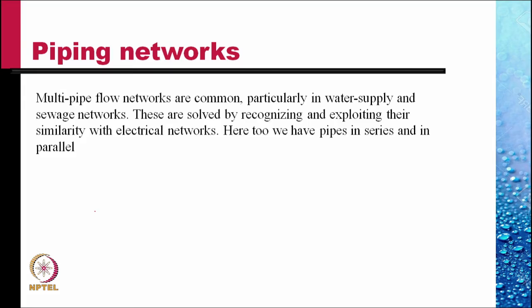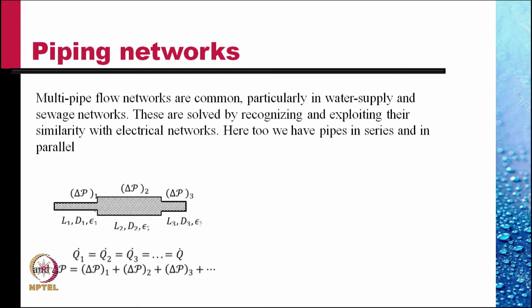Multiple pipe flow networks are common, particularly in water supply and in sewage networks. These problems are solved by recognizing and exploiting their similarity with electrical networks. Here too, we have pipes in series and in parallel, as we have resistances in series and parallel in electrical networks. For example,